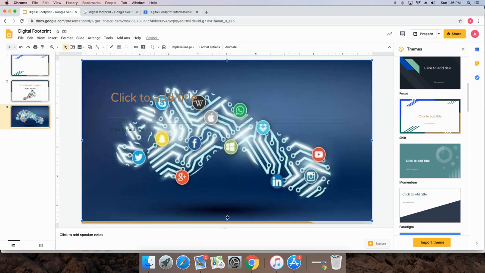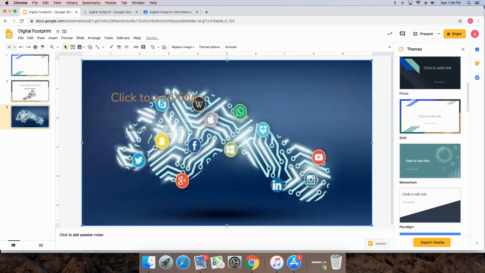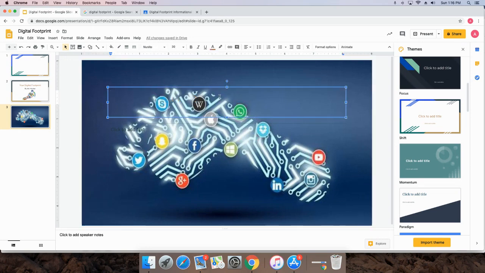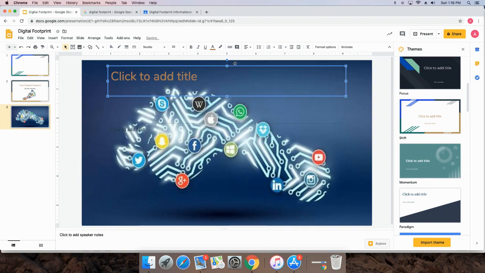And again, whoops, shoot, you can see that these text boxes are there still. All right, so what I'm going to do is go in here and just start typing. Remember, you send it to the back, the picture, then you're in good shape. So I have to determine what color is going to work best. I think I'm going to move this up, and I'm going to center it,